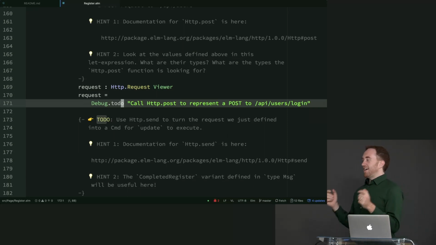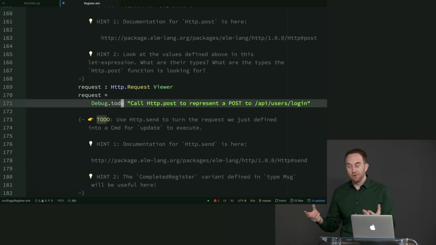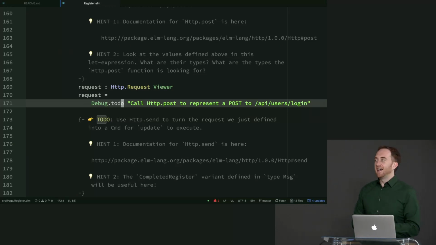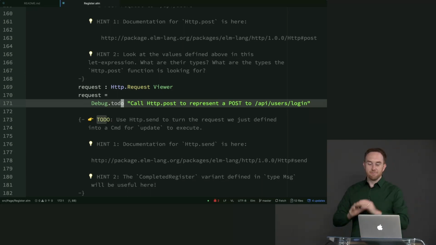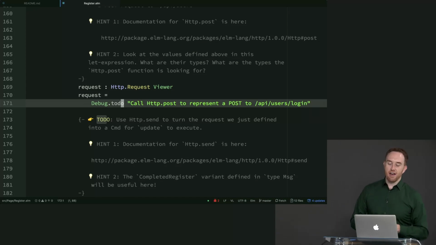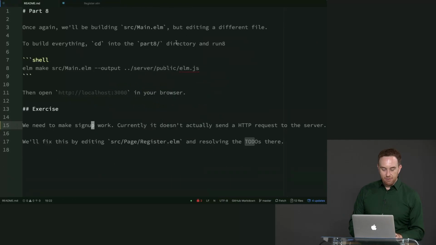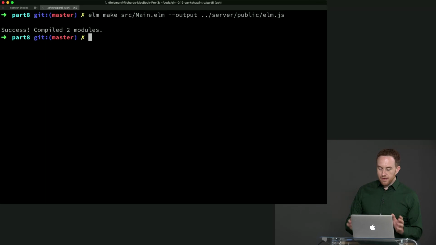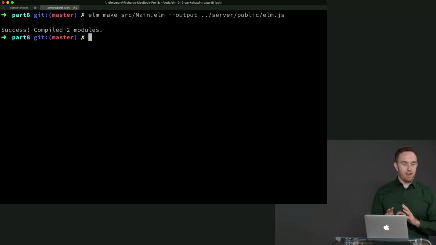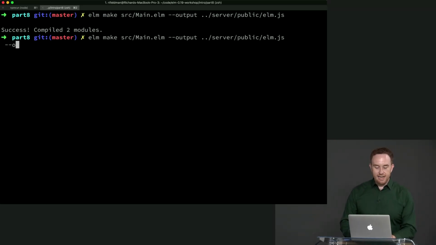Also, that feature didn't always exist in Elm. Back in the day, you could leave these in and the compiler would not yell at you when you were building for production. That's the source of the only runtime exceptions we ever got. We left some of these in our code and accidentally hit them in production. But fortunately, now if I try to build with optimize while I still have this to-do in there, it's not going to work. So as an example of that, if I compile this, that will work just fine, and we can be unblocked and continue working on this. As soon as I add --optimize,